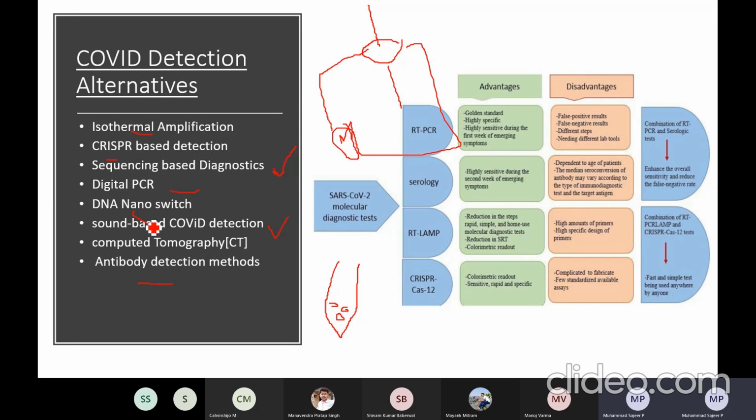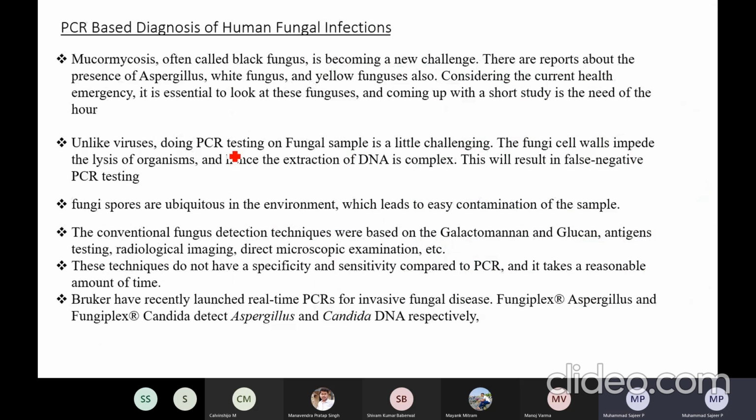And people say that computed tomography or CT scanning can also help us to detect this. And PCR-based diagnosis of human fungal infection is also there. As you are aware, mucormycosis, like black fungus, actually affects our eyes. And the WHO guidelines from 2019 say that if you are affected with black fungus and